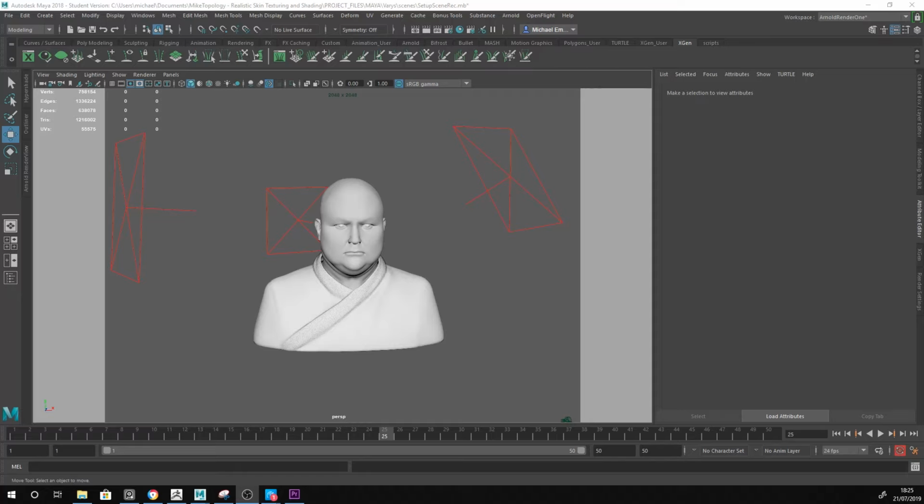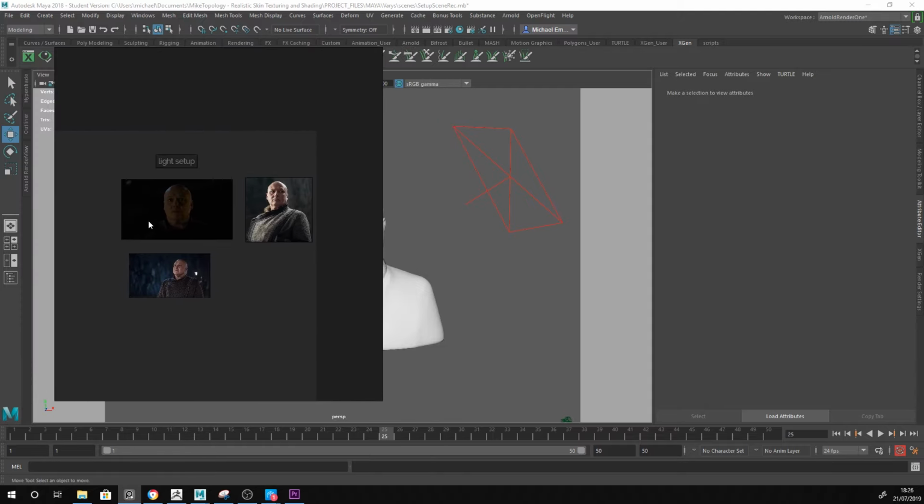To speed up the rendering of the skin, I decided to set up the positions of the lights, but I'm going to talk about my lighting settings and my thought process behind it all. So I don't know if you've all watched Game of Thrones, but I decided to create a certain scene. So careful of spoilers if you haven't watched it or are in the process, but I decided to create Lord Varys' death scene. So I'm just going to pull up my PureRef so you can see the lights setup I